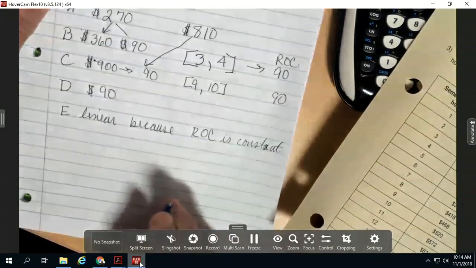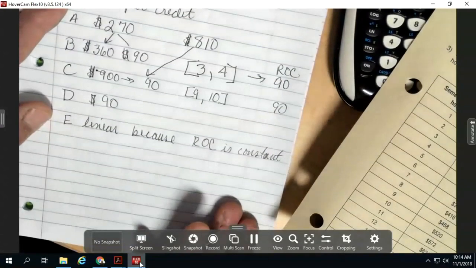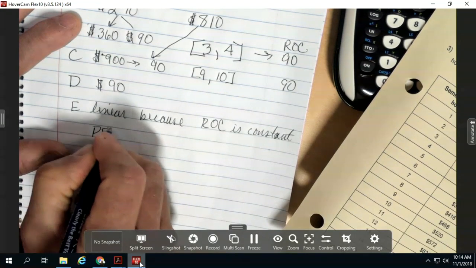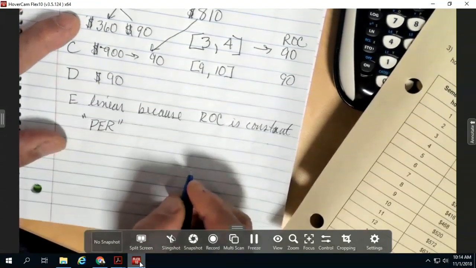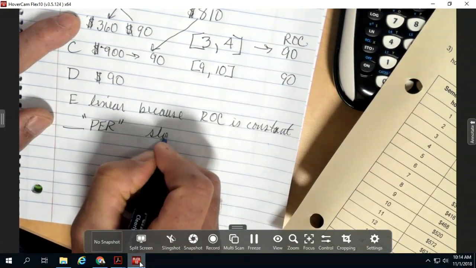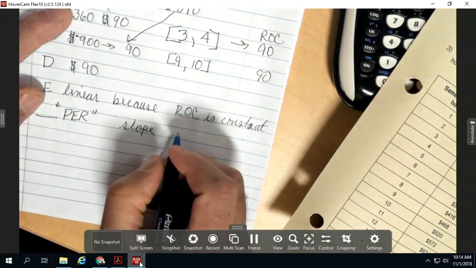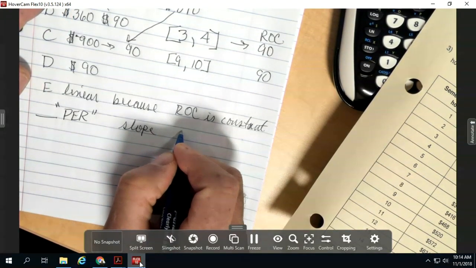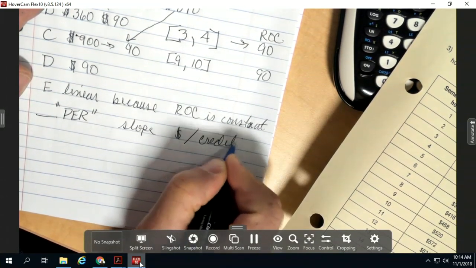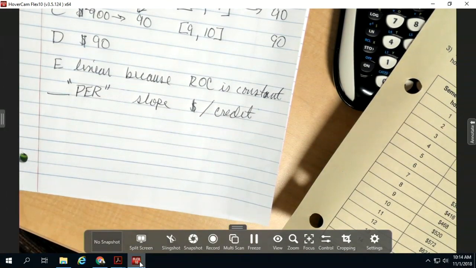When you look at a verbal equation, a verbal representation, look for the word per. The word per, or the number before the word per, is the slope. And remember, the slope is always going to be 2 things. In this case, dollars per credit. So when you have a verbal representation, that's how you can interpret the information. The next one is not a verbal